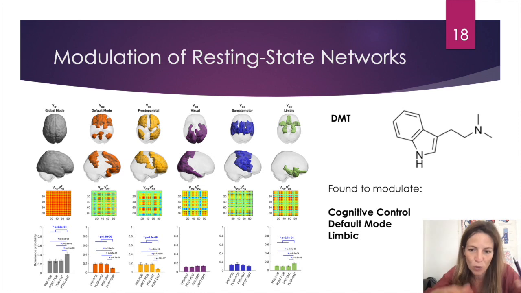So this would be the global mode, the default mode network, the frontoparietal, the visual, the somatomotor, and here the limbic. And here I'm coloring or rendering the AAL brain areas that have their signal shifted in this leading eigenvector from the rest. So all these areas are synchronized in phase, but out of phase with the ones